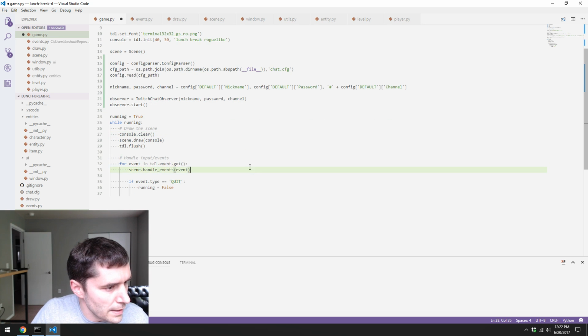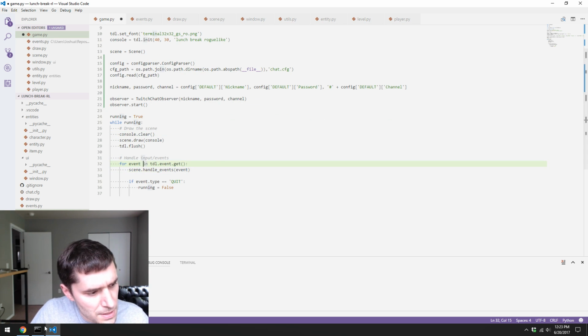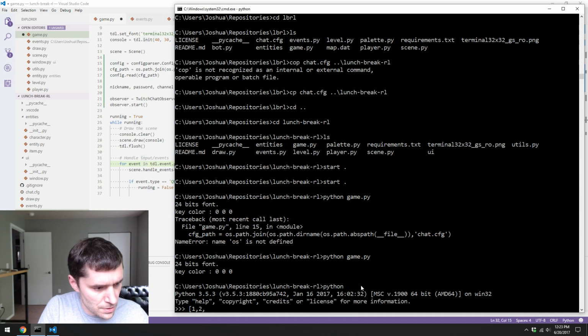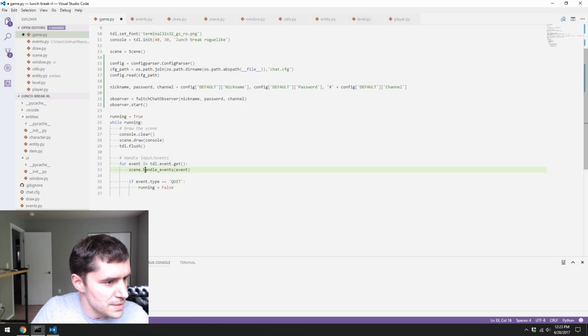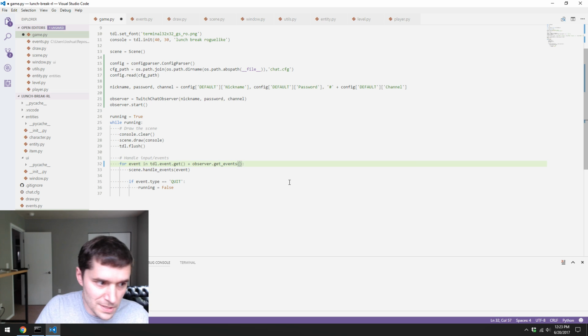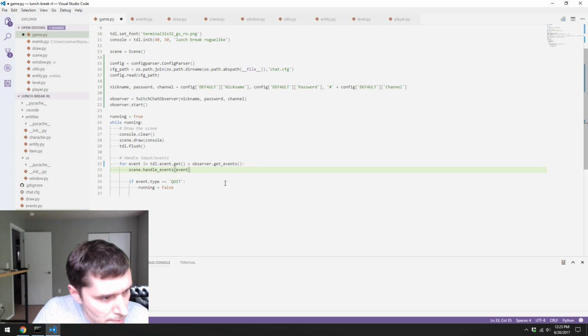And then in here I can do something like, I think I can just concatenate them, something like 1, 2 plus 3, 4. I think that behaves like I think it does. So yeah, I can just say for event in the event plus observer dot get events. And this allows us just to process all the events. And this should also now